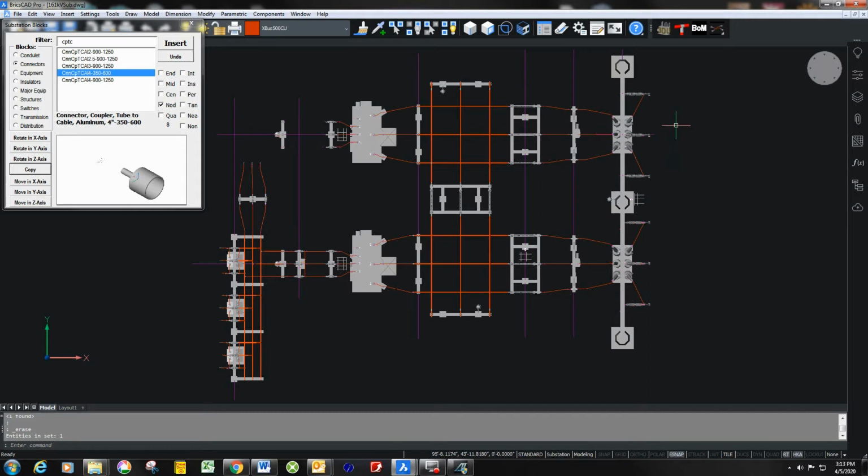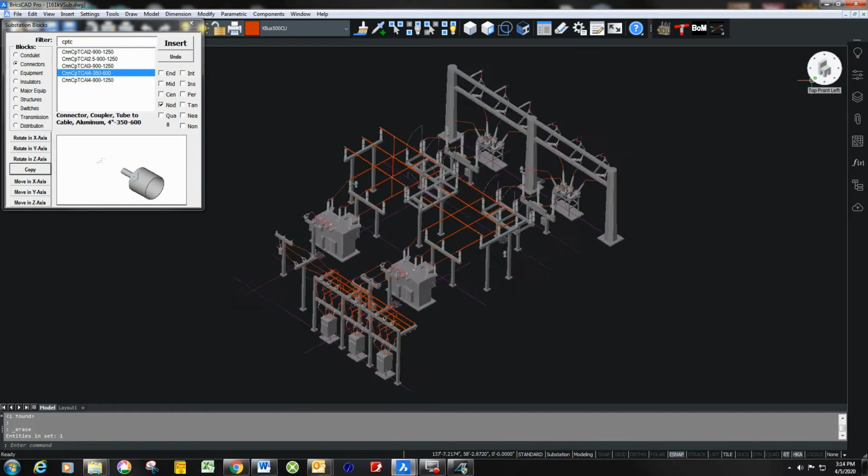In our first two videos, we installed the equipment and structures, and then came back in the second video and put in the bus and the jumpers. In this video, we're going to complete the load side of the station and demonstrate a few extra features that I feel are important. So first, let's go up here to our look from tool, and let's go to our